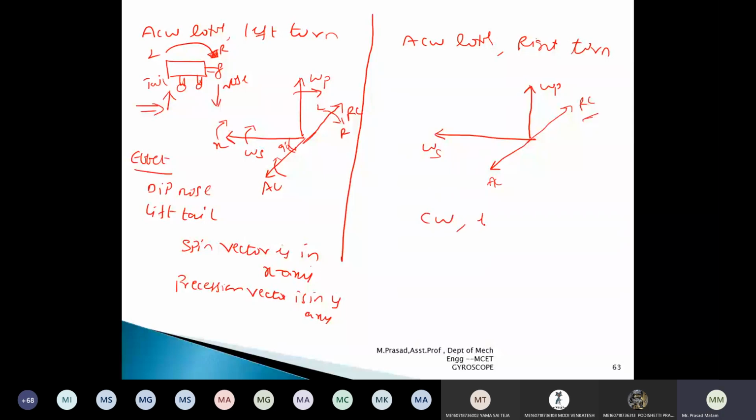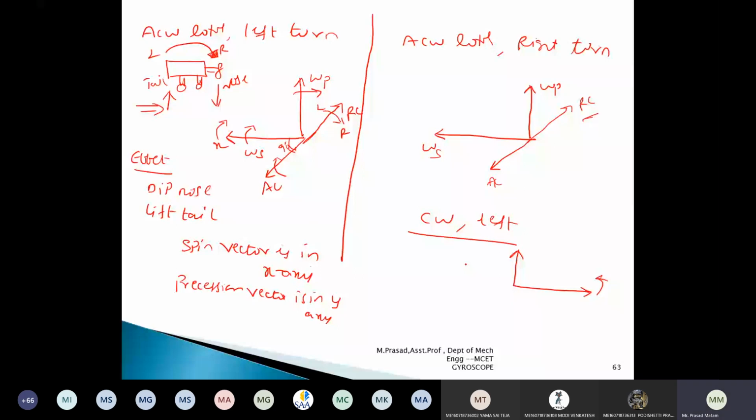This is the clockwise rotor taking a left turn. For that, how to locate the active couple and reactive couple. So for the clockwise rotor, this is the spin axis taking a left turn, and this is the point where we are getting the precession. Now you can see the z-axis is coming away from me. Take your left hand and use the right hand thumb rule. The thumb has to point upwards, the pointer finger pointing towards your screen, and the middle finger pointing opposite to that one.